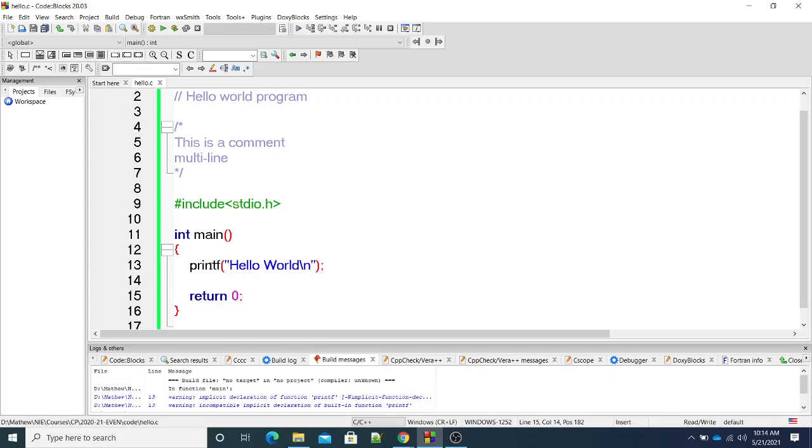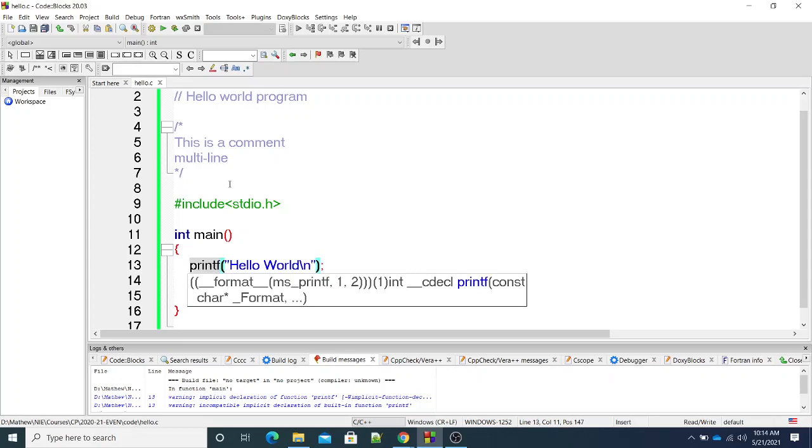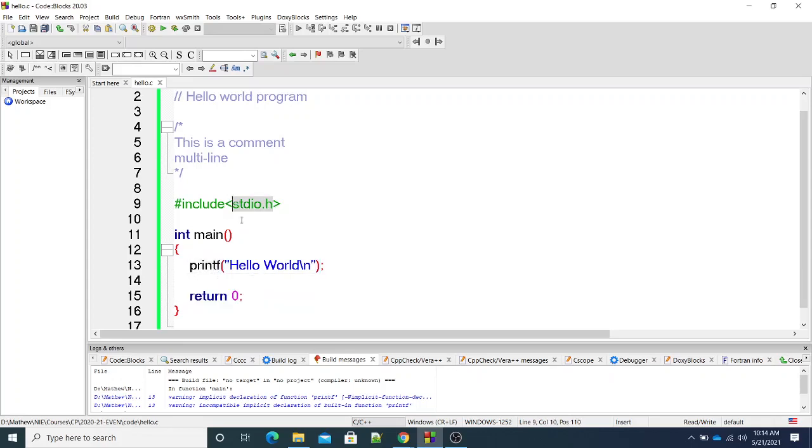So printf is a function which is given by this header file. Main is another function which we write, but the name has to be main. Even though we write the definition or the body of this function, the name main is mandatory.